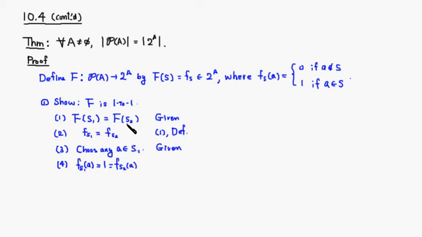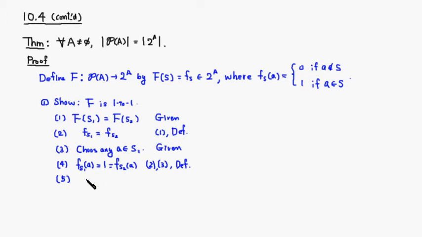So I'm using, of course, 3 and also line number 2, and this definition up here. All right, so which means that f sub S2 of a is equal to 1, which means that a belongs to S2. So it's 5,